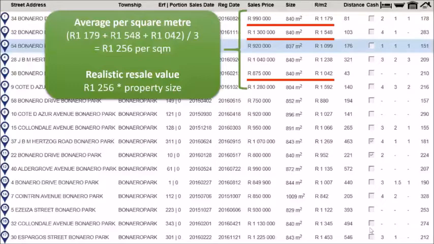The next part of the Lightstone report, which I really admire and like, is this section where they show you the capital appreciation. What you can see in Bonero Park is this report is telling you what the property sold for in 2006 all the way through to 2016. And then the legend at the bottom right tells you if it's all freehold or vacant land. If we look specifically at 2009 to 2016, it started at the price of the property sold in that area, and in 2016, it's now just over 1 million.